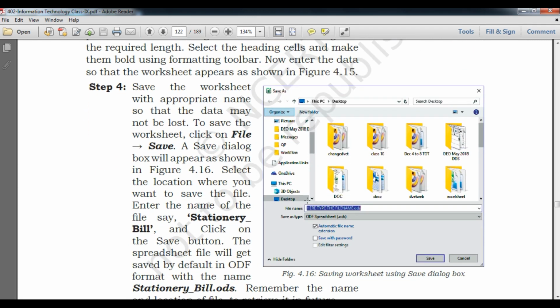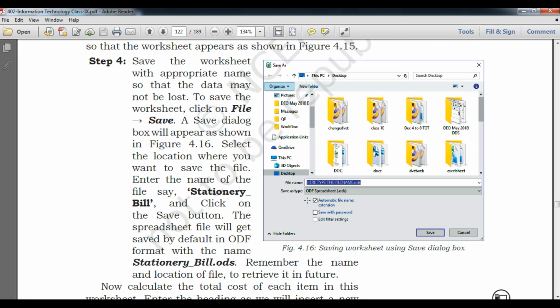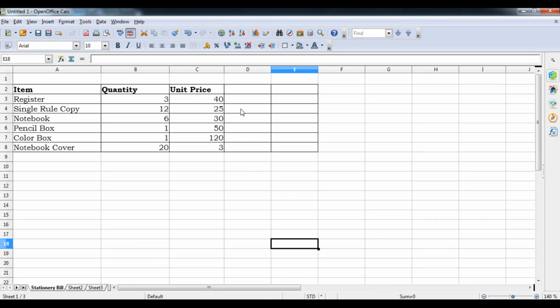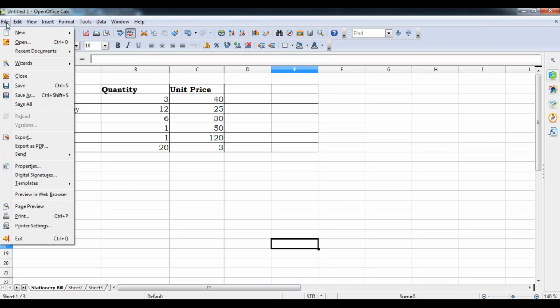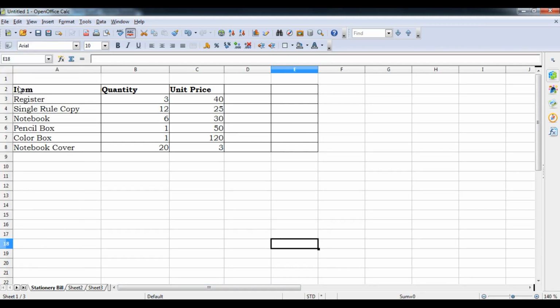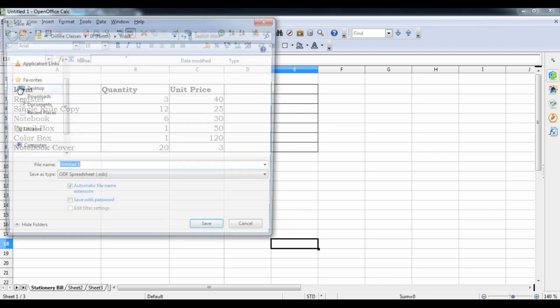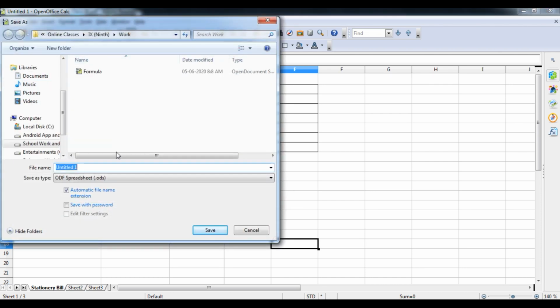The next step is to save this file as stationery bill ODS. I am just going to copy it. ODS will automatically come, so there is no need to type ODS because it is a spreadsheet program. Go to File and then Save. The save dialog box will appear, and then paste the name; ODS comes automatically. We can save it with a password also, but we do not need to now.